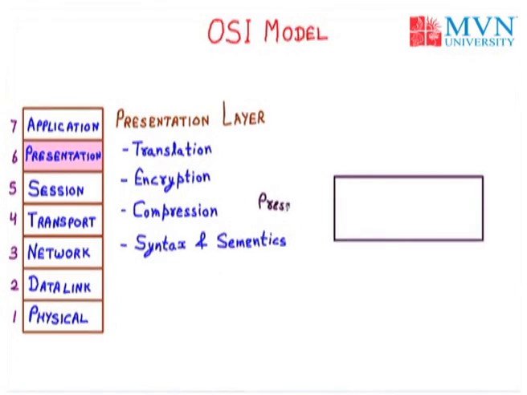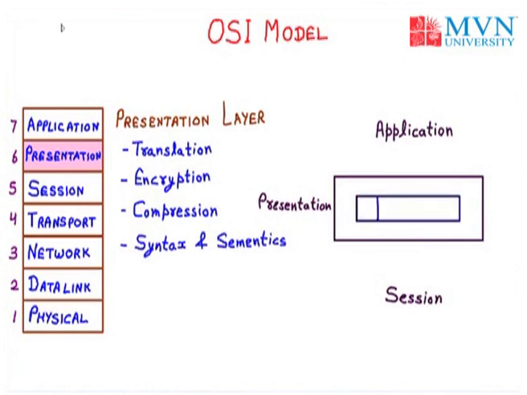So this one is my presentation layer. Above we have the application layer and below we have the session layer. Now the session layer will send the data to the presentation layer, and now it contains the header. The header is H6, where H stands for header and 6 represents the presentation layer. Then lastly we have the data. That complete thing is sent by the session layer, the header is discarded and only the data is taken by the application layer. So that is all about the presentation layer.